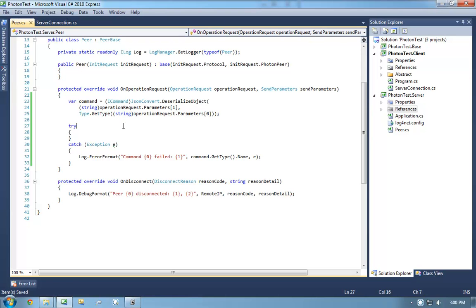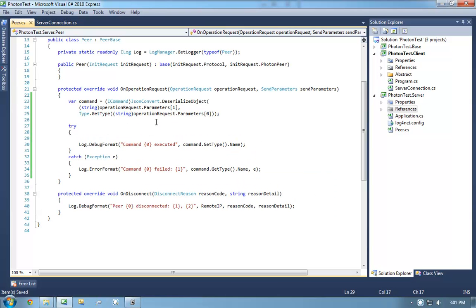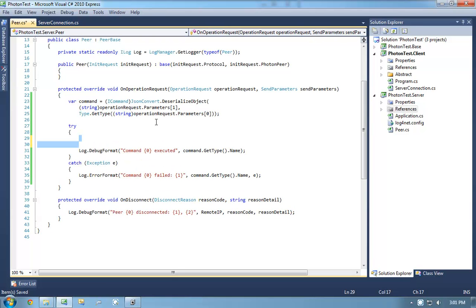Okay, so the first thing I'm going to do is say log.DebugFormat command executed. Okay, so this right here is where I'm going to actually process the command. Now, there are very clever ways of doing this using generics and reflection and really cool things, but I'm going to make things very manual for right now. I'm going to go ahead and say,